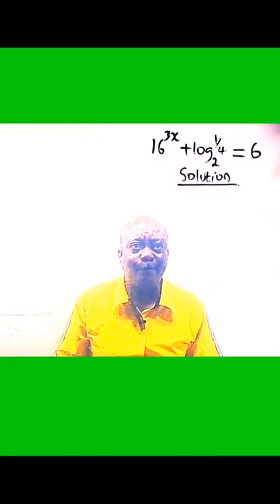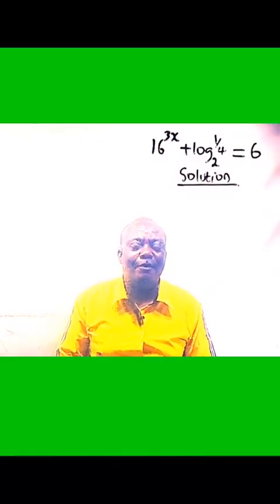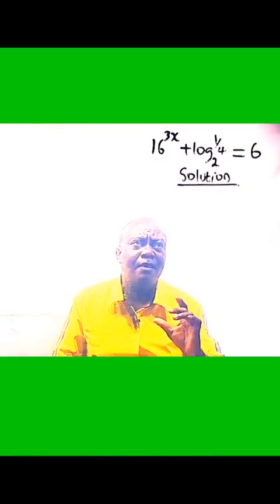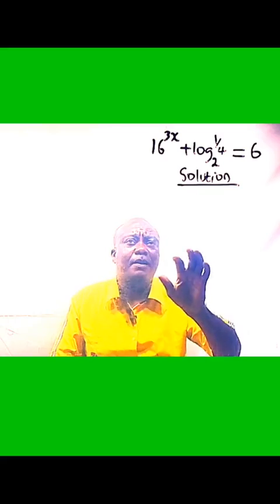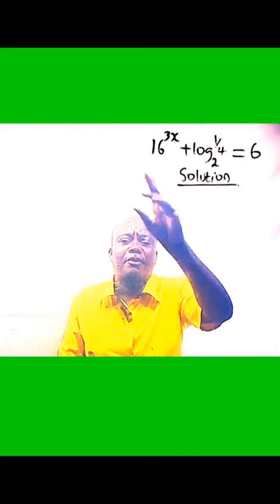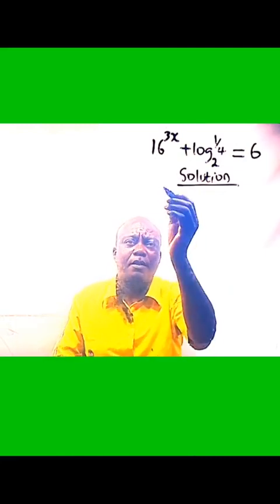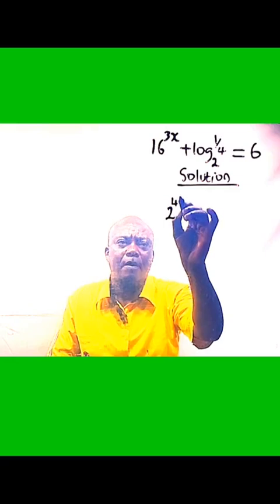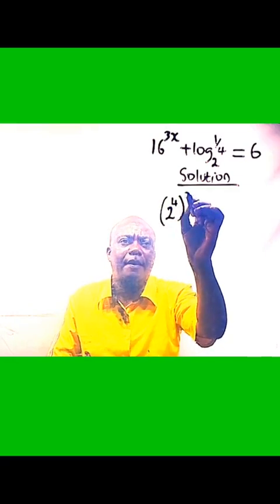Let's solve for x here. So we have 16 raised to the power of 3x. Now let us see how we can make this one to the base of 2. That means 16 can be written as 2 raised to the power 4, and everything raised to the power of 3x